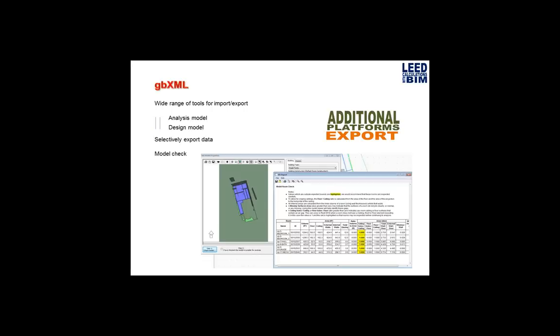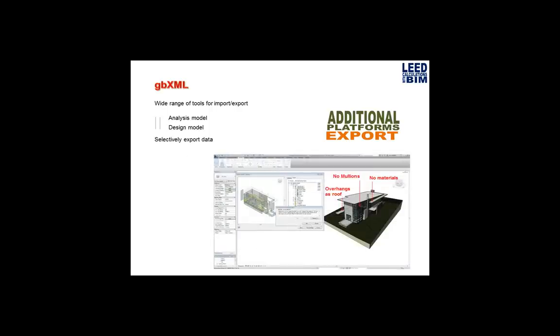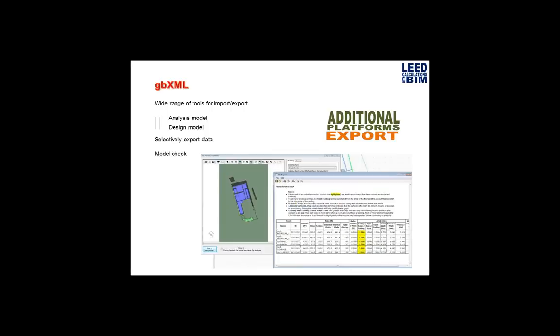I'm sorry? Curtain walls are not well supported at all. No, you wouldn't want to show any mullions or anything like that. You can just show it as one kind of clear wall, like a wall, but change it to a clear property. Yeah. There are also model checkers that will verify the health of the data that you've exported